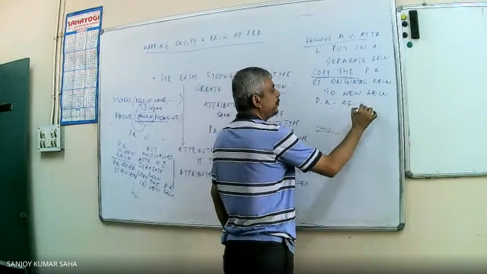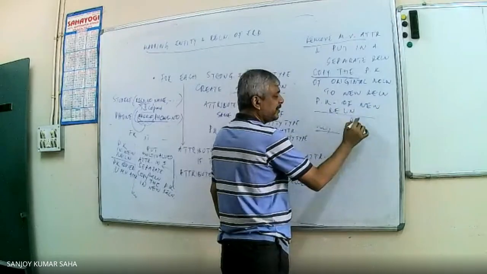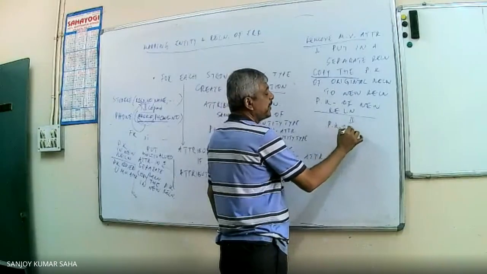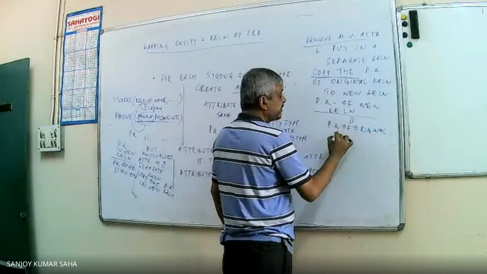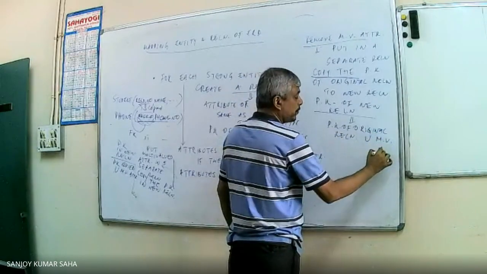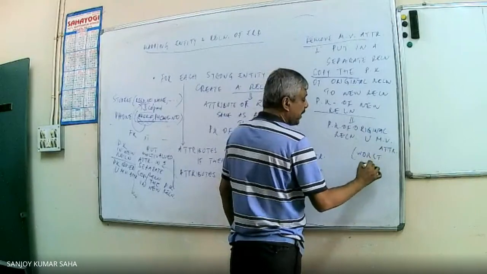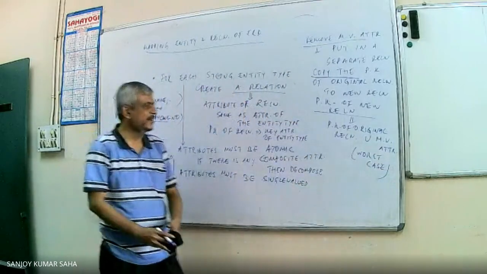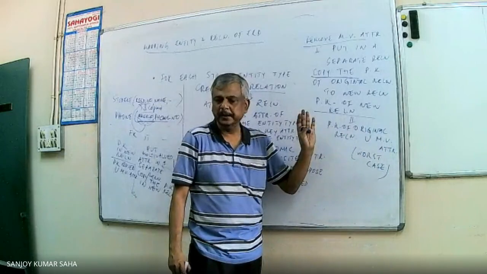Primary key of the new relation: this is for the time being. In the worst case, it is the primary key of the original relation which was copied, union the multi-valued attribute. This is the worst case. Otherwise, depending on the situation, it may be decided whether the multi-valued attribute itself can be the primary key of it.